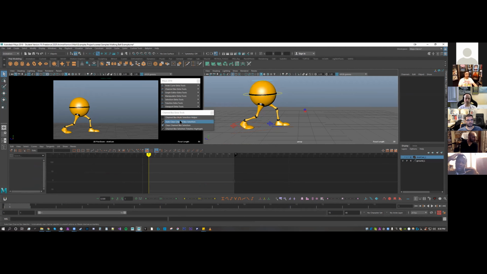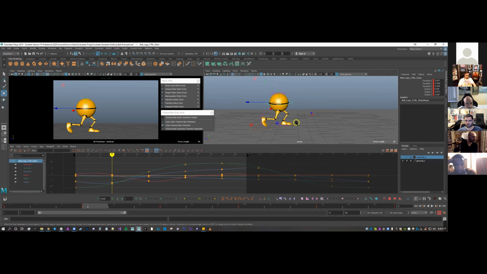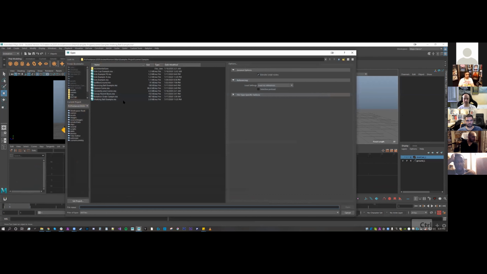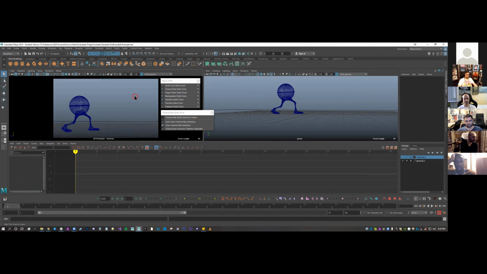Oh, this is super handy too. I don't know how many of you animate this way. I personally animate this way a lot. Actually, let me open up the default example again. When I did this,